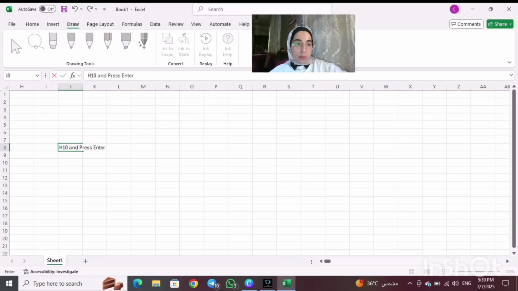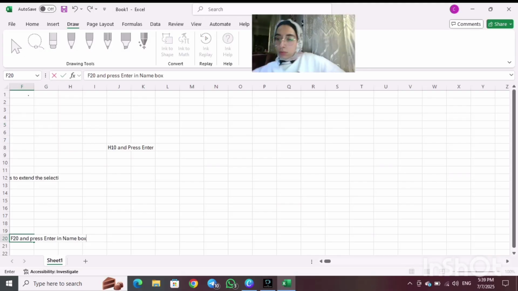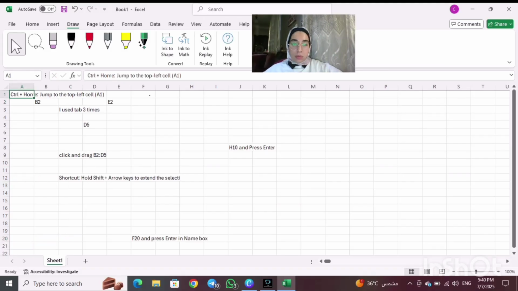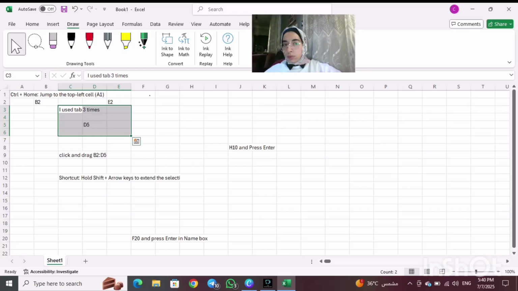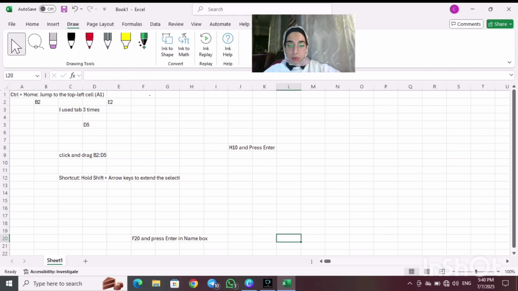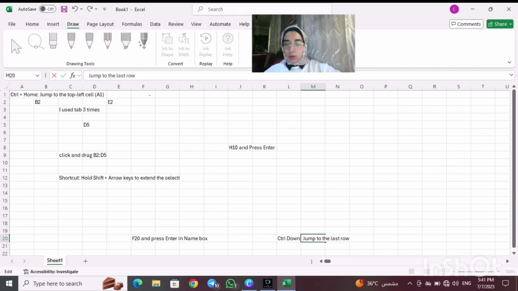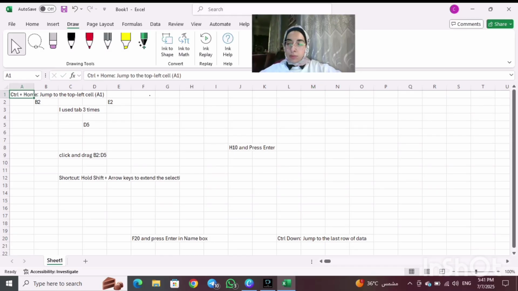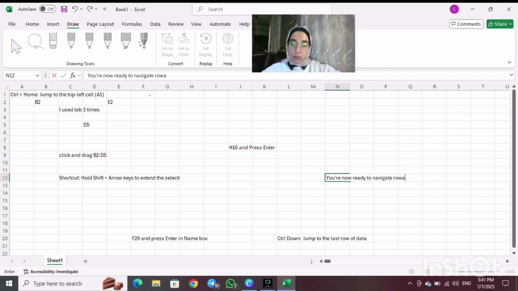Okay, and then I would go to this name box and type in F20 and then press enter. I would go to it so easily. And as I said, Control Home is to jump to the top left. If I press Control and then down, I will jump to the last row of the data. And now you're ready